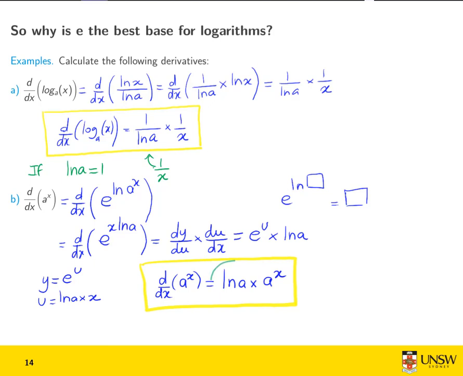And if you don't want an ugly constant there, you could have the same choice, picking ln of a equal to 1, and if you do so, that means a is equal to e. And for this specific value, something almost magic happens. If a is equal to e, then the derivative of the function will be the function itself, because this term will be equal to 1. This is really what makes exponential and ln special, and why when we do calculus, we usually choose e as our